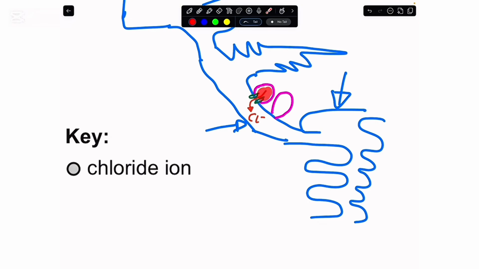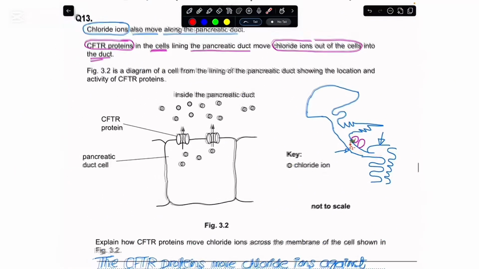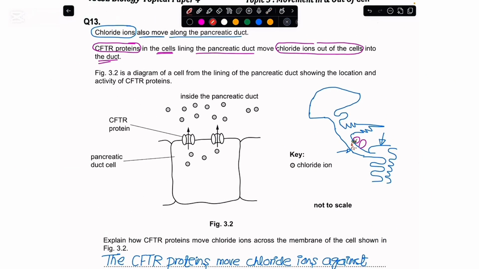and the water would move out of these cells with the help of osmosis and it would come here. And that would make the pancreatic secretions, or the pancreatic juice, so that they could flow easily to the duodenum of the small intestine. Now, if we were to look at figure 3.2, which they have given us here,